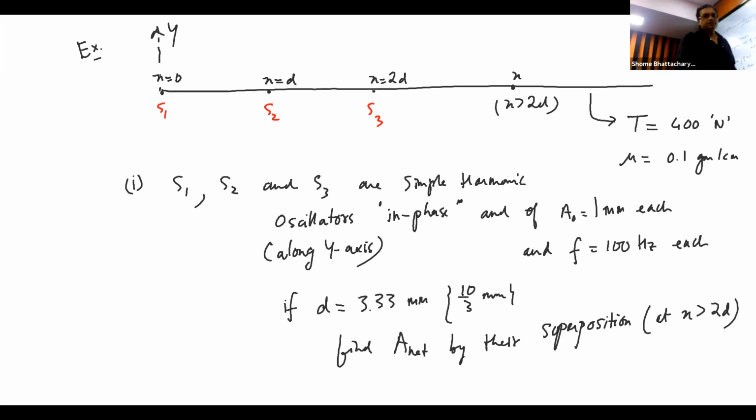Okay, so people, anybody made the phasor diagram so far, or at least can you tell me what is the phase difference between S1 and S2's waves and S2 and S3's wave? 10 pi by 3. Sorry, come again, beta. 10 pi by 3. No, what is the wavelength you have got? 2 meters.